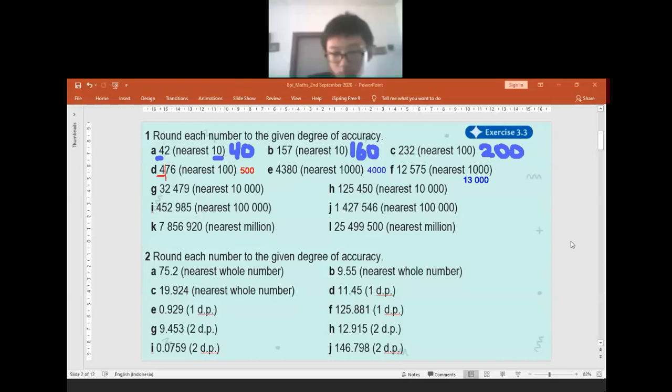Okay. If you have no question, let us move to question G. For question G, if we round off to the nearest 10,000, what number will it be? 30,000. 30,000, correct. Is there anyone who is confused? Please let me know if anyone has any confusion. Do not keep being quiet. Okay. If no one has confusion, let us move to question H.